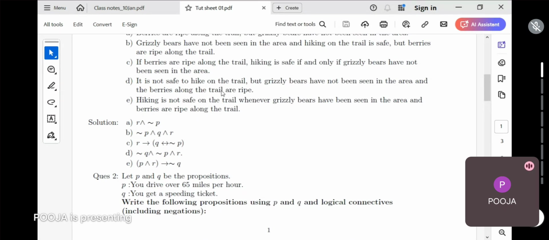ओके, सो मैं notes आपके upload कर देती हूँ, बाकी जो भी कोई doubt है तो आप पूछ सकते हो।